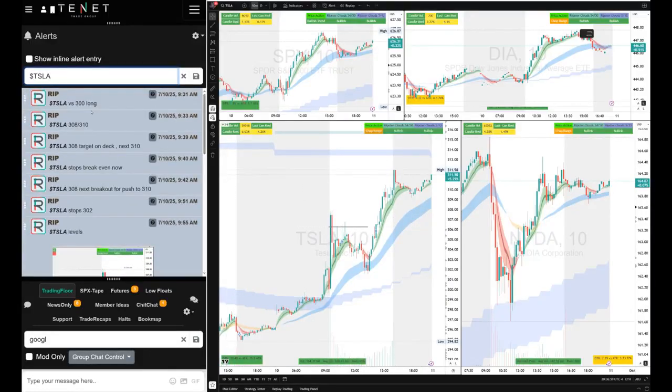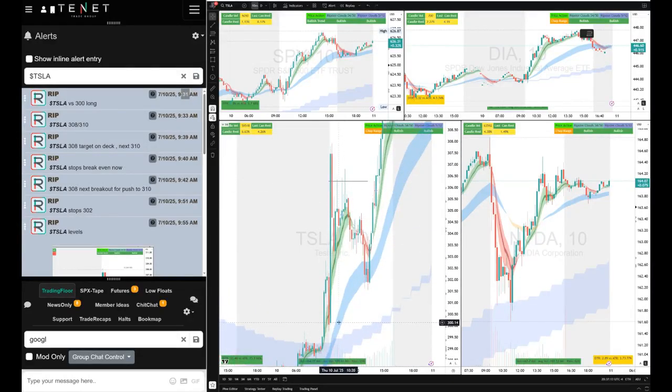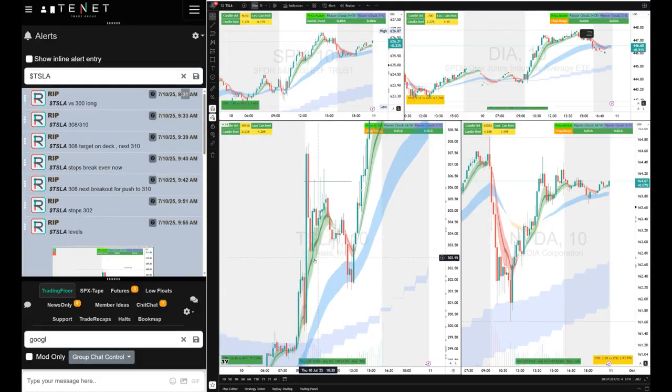Anyways, as soon as the market opened, I told the traders long versus 300, target is 308, 310. The amateur move, right? You have to be very fast. Look, I went right at the open. I told them to long. We went up pretty fast. We went 300 all the way to 308. Then we pulled back. You do not add here. You do not add here. You wait for the pullback.